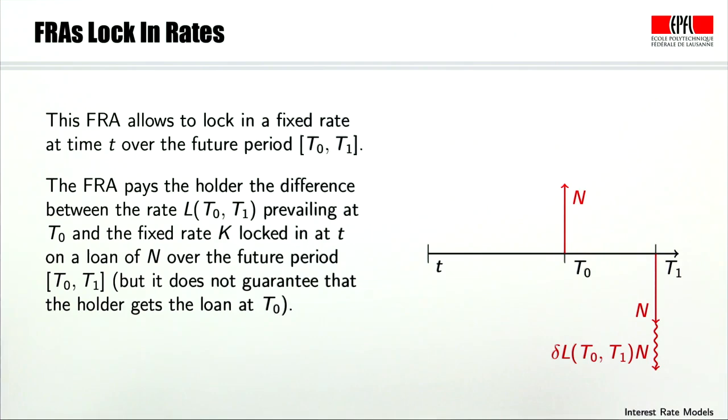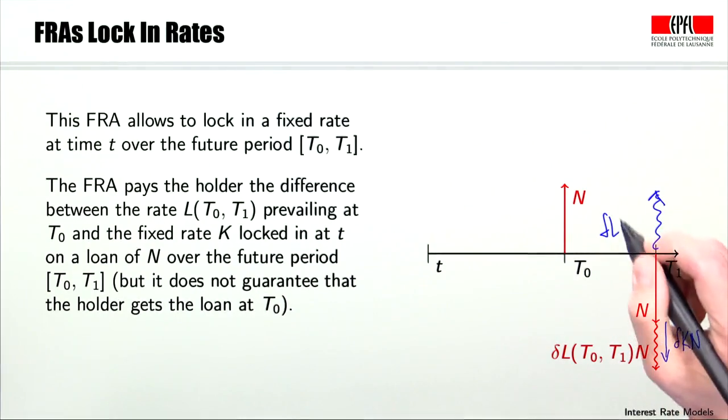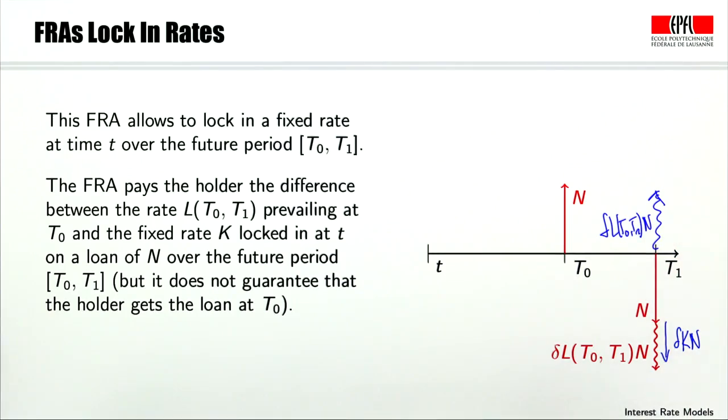Holding this forward rate agreement does exactly that. Remember that you will have to pay the fixed rate K and you will receive the floating. As you now can see, the floating payments simply cancel off, and